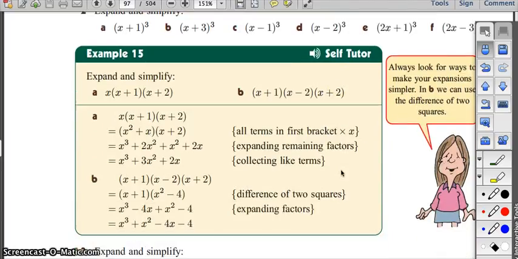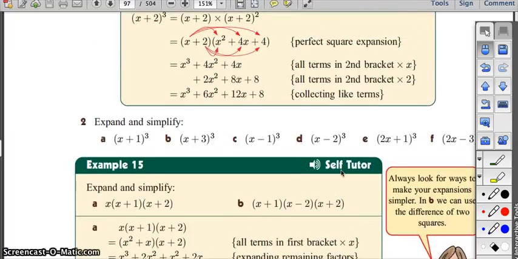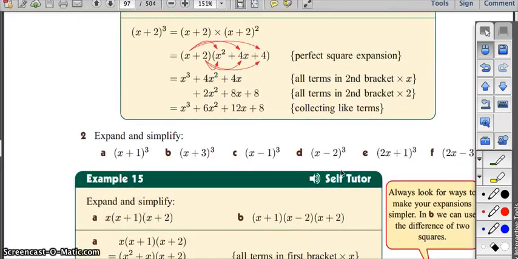If we scroll down to (x+1)^3, you can do it like that because that's what you've got. You've got (x+1)(x+1)(x+1). You've got 3 of them, haven't you? Because it's raised to the power of 3. You've got that identically. All they're suggesting you do is (x+2) multiplied by (x+2) all